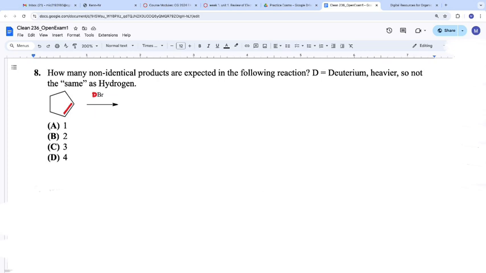When we look at the reactivity, hopefully we see that our D is positive, and then we have the bromine, or bromide technically, as our negative. That D being positive is our most reactive thing, and we need to stabilize that positive with electrons. Where were those electrons? In the pi bond.